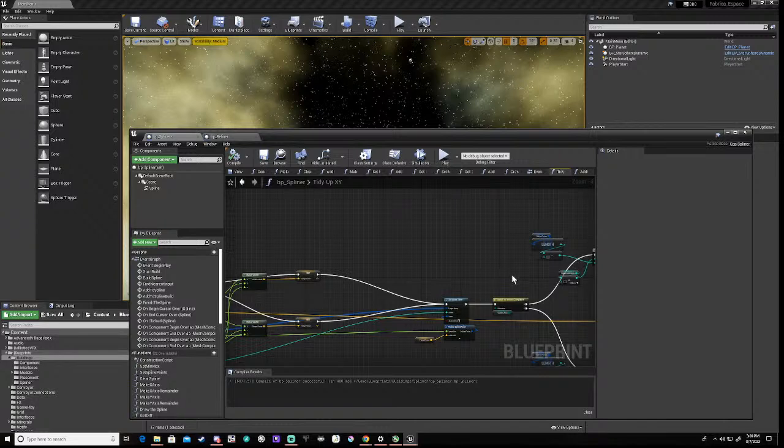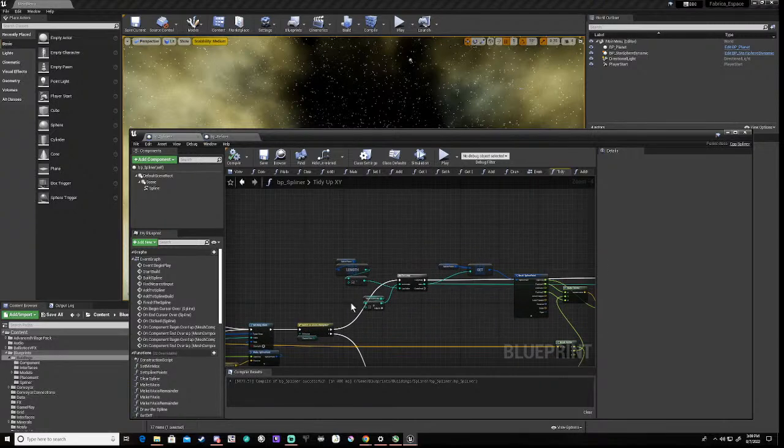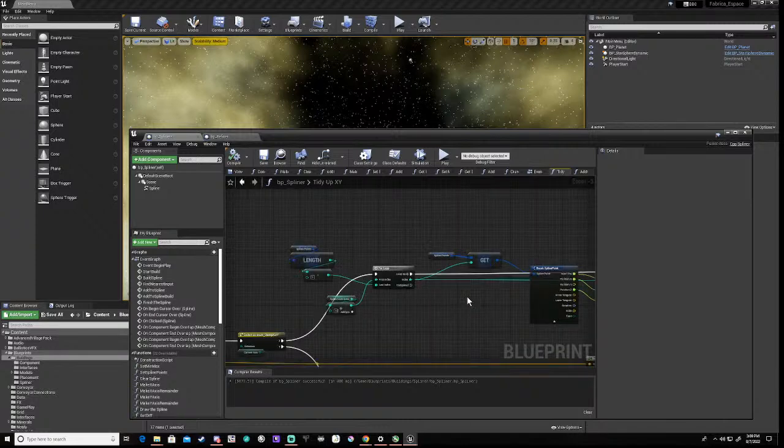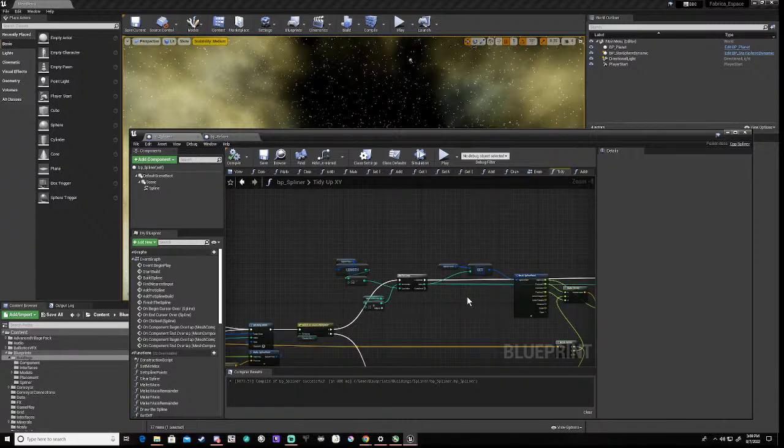We know this is right, okay? So in theory, this loop, we should remove all the indexes at this point, right? So what we'll do is